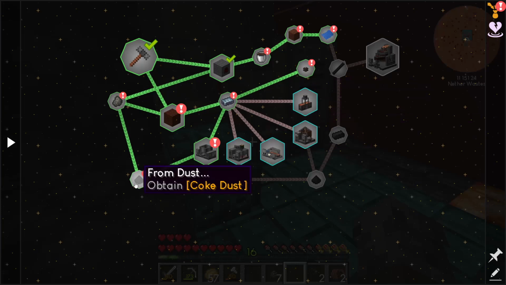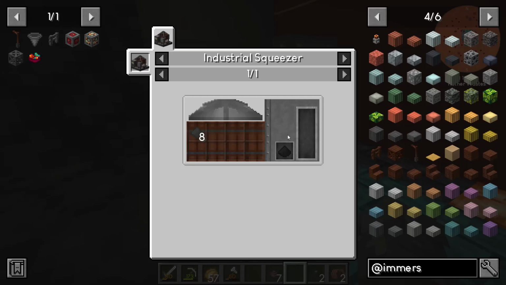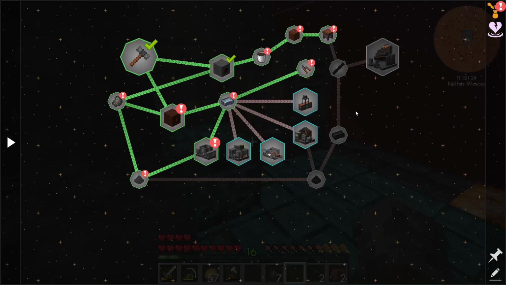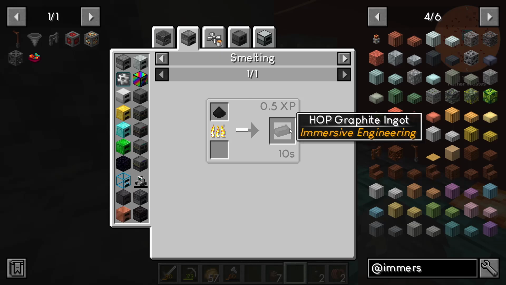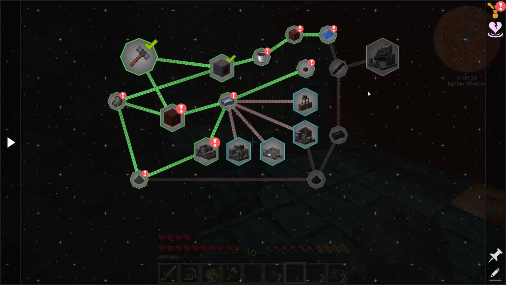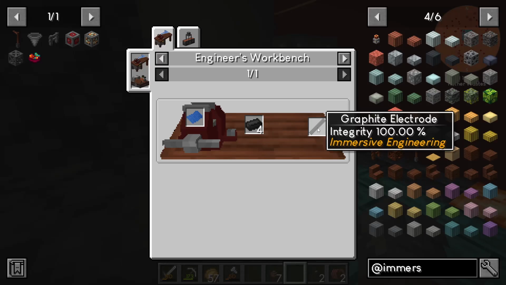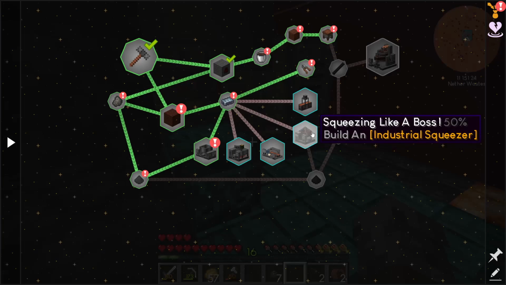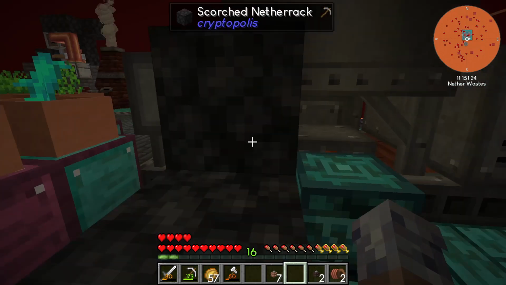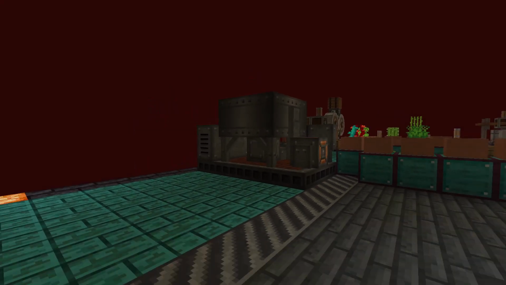We need the squeezer to take the coke dust and turn it into hop graphite. That is going to take 8 coke dust and turn it into hop graphite. We are then going to take the hop graphite and smelt it into hop graphite ingots. That will give us the engineer's blueprint, and then from there we can take 4 hop graphite ingots to make the graphite electrodes for this bad boy right here. Whew. So anyway, we've made our first machine, our first immersive engineering machine, that is, and with that,